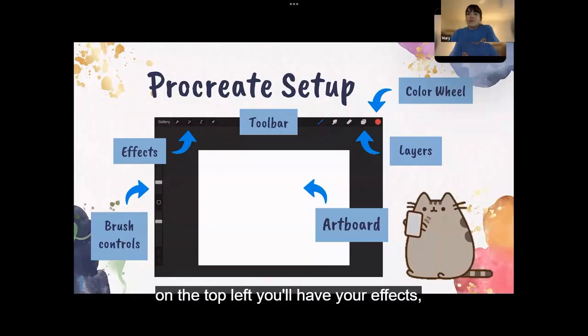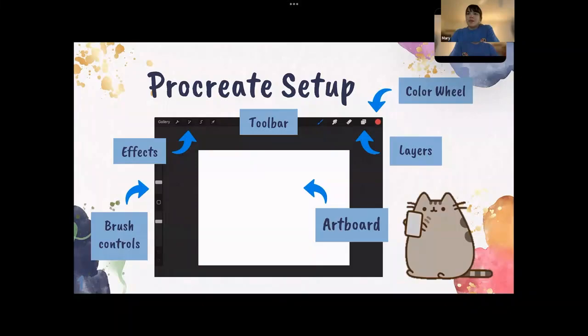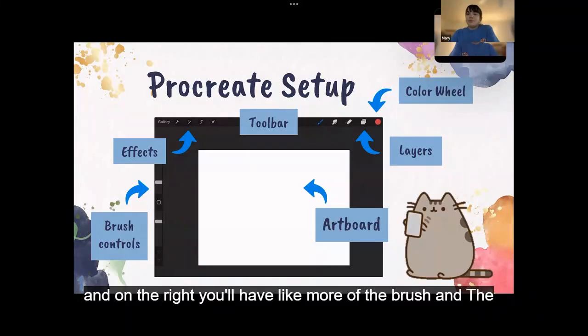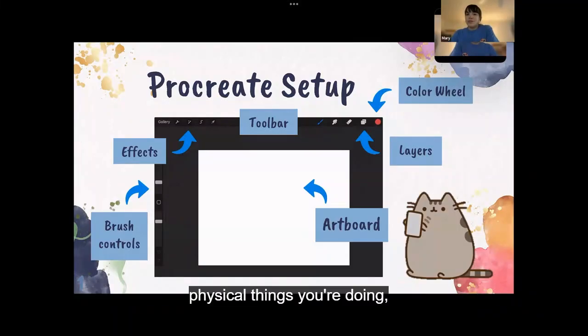On the top left, you'll have your effects, and on the right, you'll have more of the brush and the physical things you're doing. And we'll go over those in more detail. And then on the very left-hand side, those are your brush controls, so your size and transparency. And you can also edit your artboard a little, but I'll show you all of that with the